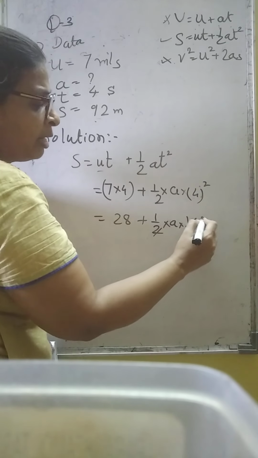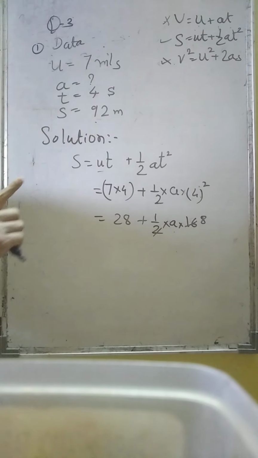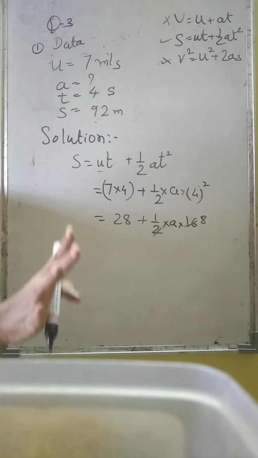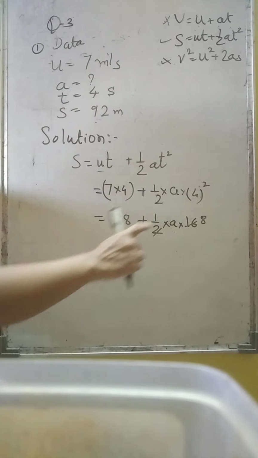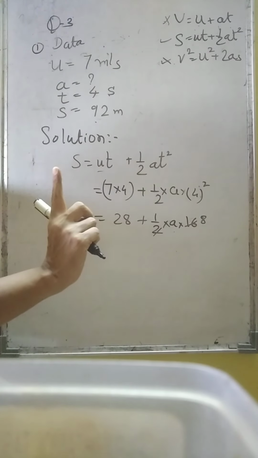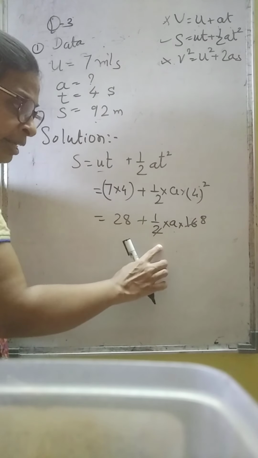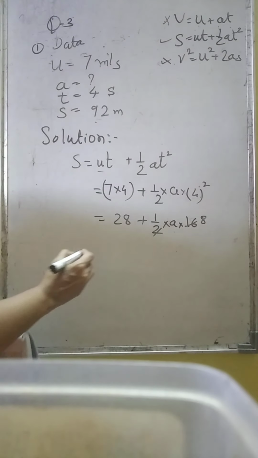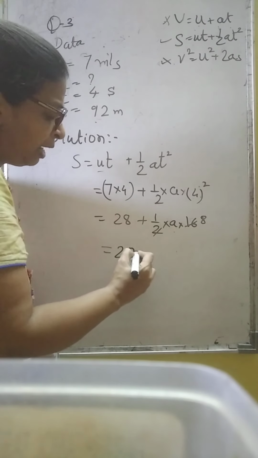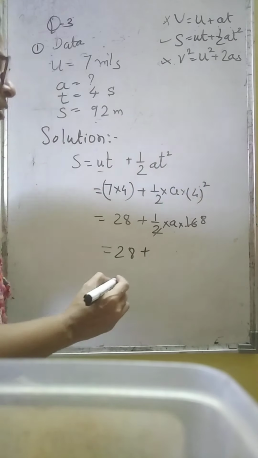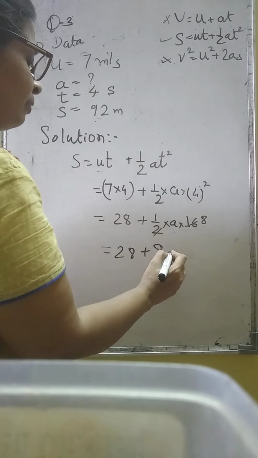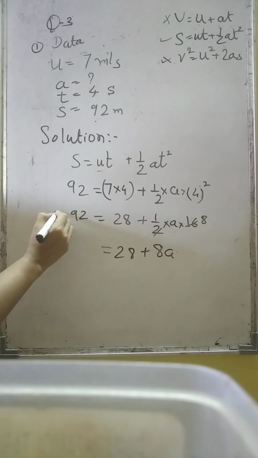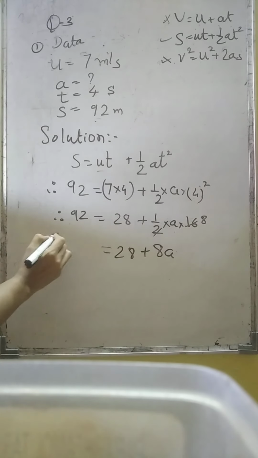And now when you cancel, your answer will be 8a. If you cancel first in a hurry, the answer comes 4a, meaning the sum will go wrong. That is why in the earlier problem also I didn't do the cancellation. First you solve all the indices part, then only go for the BODMAS or cancellation, whatever is there. If you have any indices part, you have to solve that first. So it is 8a. What is s? I forgot to write it down. So 92. Next step, 92 I will write.